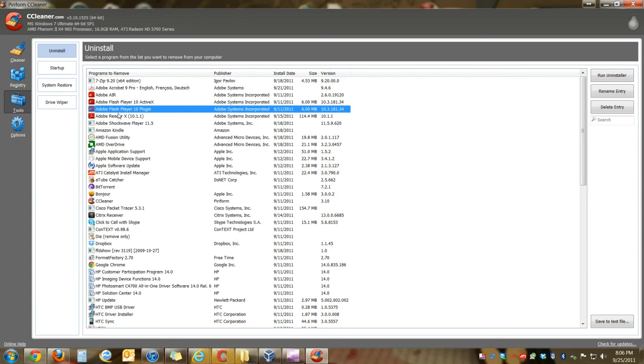What you would do there, you just highlight the program and then delete entry. Then it'll delete it out of the programs and features folder. Also, one of the other reasons why